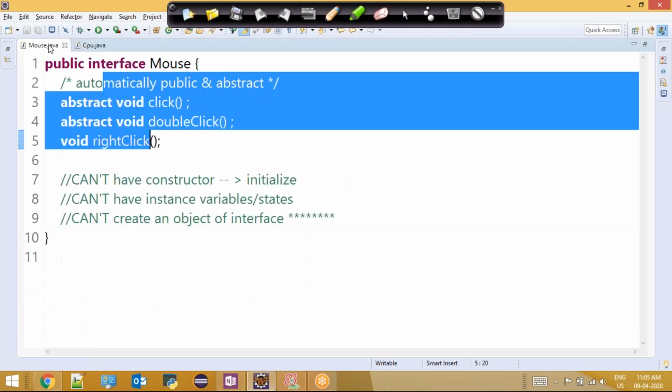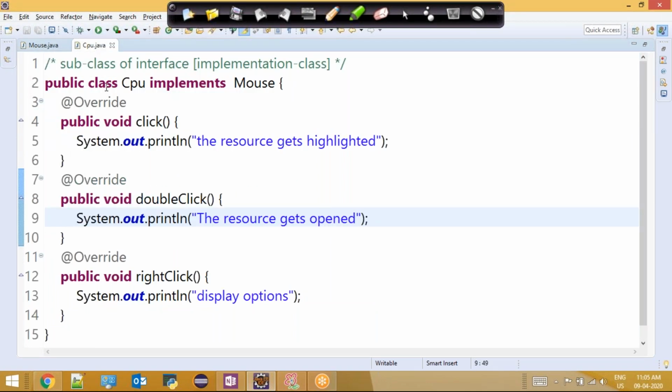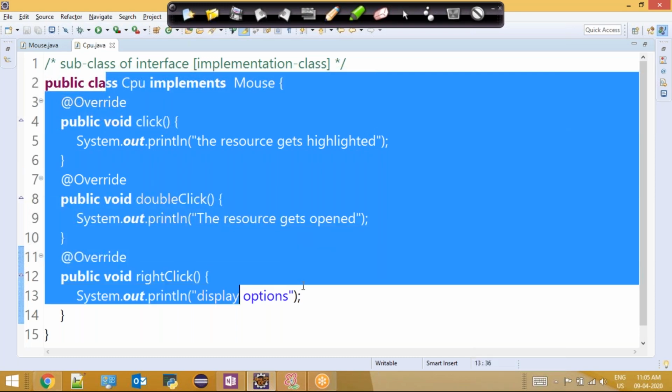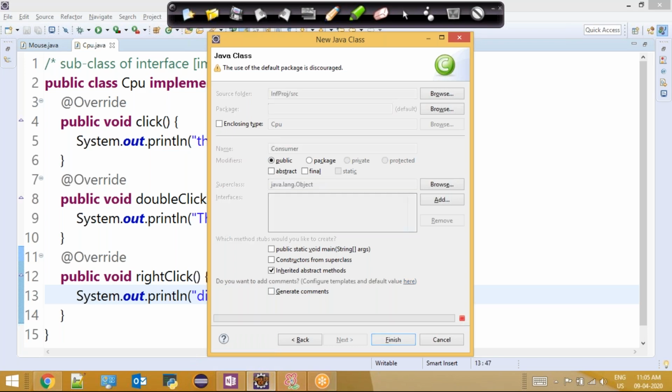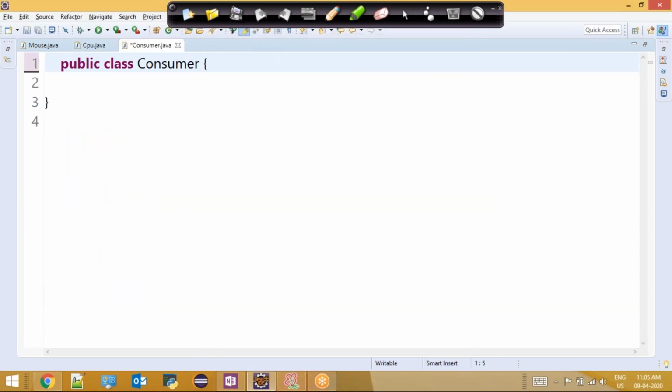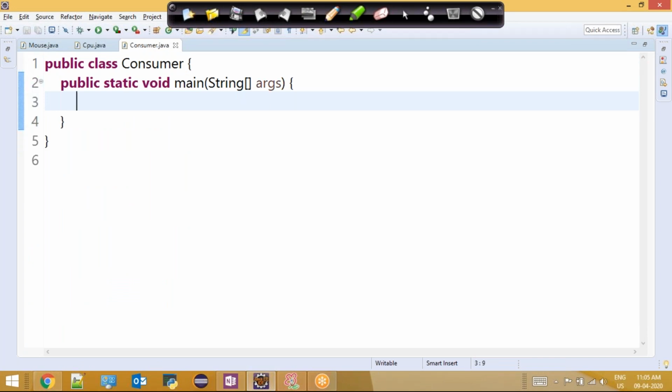Are you clear? You cannot create an object of an interface. You can use the interface to access this particular subclass. What is the meaning of it? Let's say the computer user has a CPU. Please understand, this is a CPU object. This is a CPU object. How are you going to operate the CPU? By using,